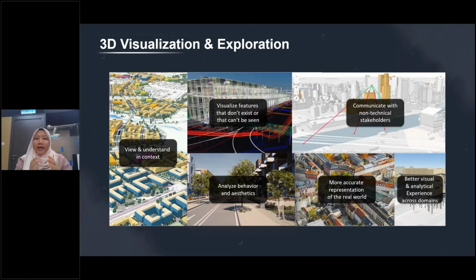So we have the analysis to help our users. In ArcGIS Pro, we can show why a certain level provides a higher value. So we have the analysis to help our stakeholders make their decisions. And of course, we get a better visual and analytical experience, a more accurate representation of the real world, and you can analyze behavior and aesthetics more compared to the